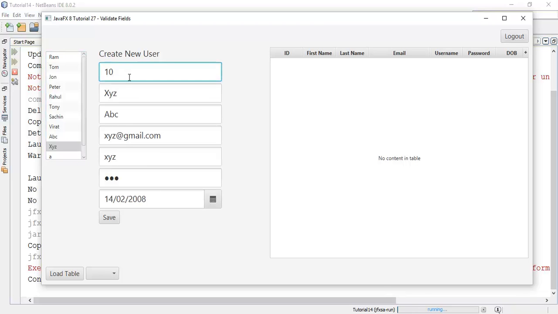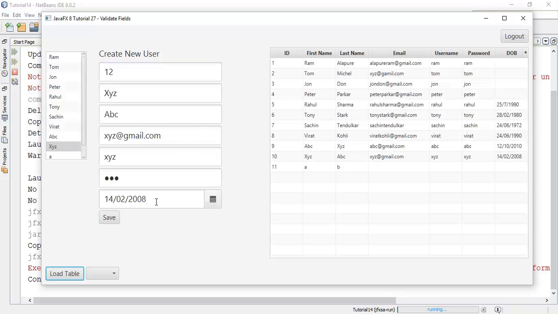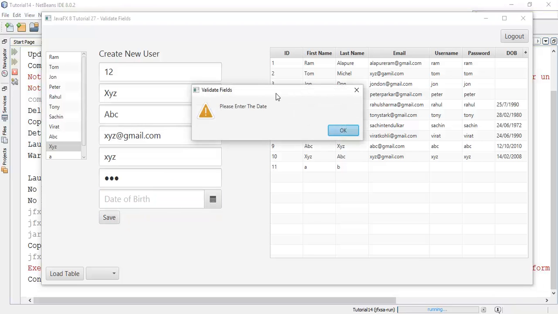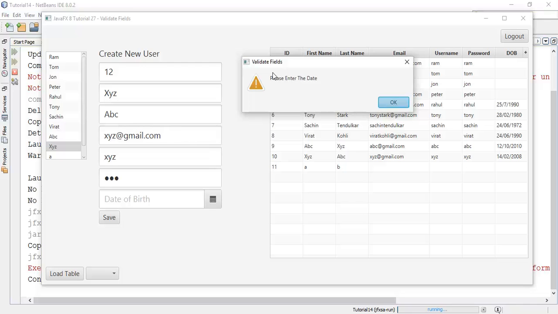Say this is the 12, and I'm going to make the date of birth field empty. Now we are going to check whether this shows the validation for the date or not. So now click on save. So this is showing the message please enter the date.